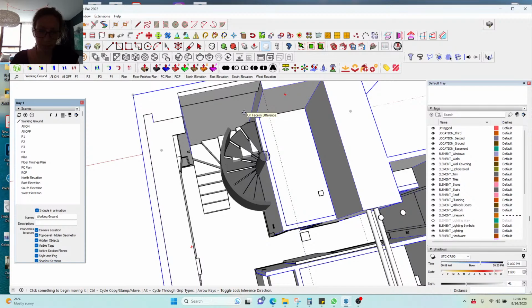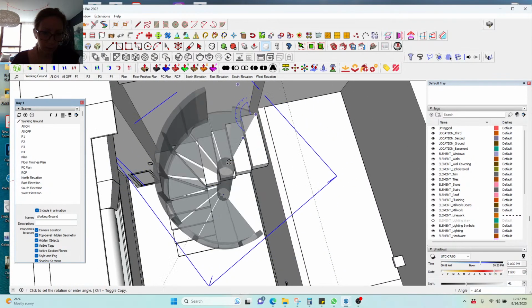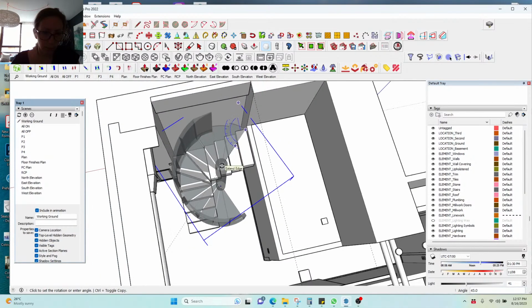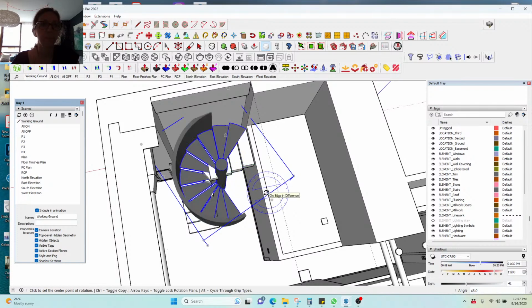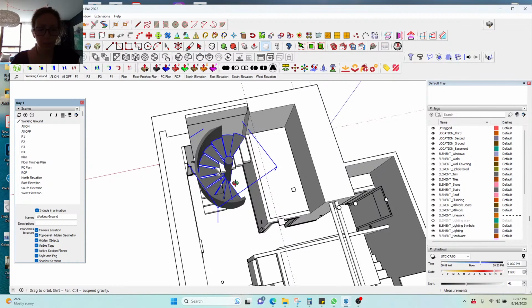Well, that obviously doesn't work at all. Okay, I'll need to rotate it so that if someone's coming up the stair, yeah, I mean,